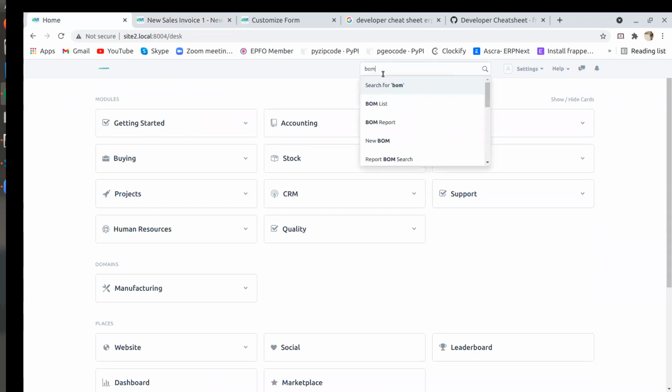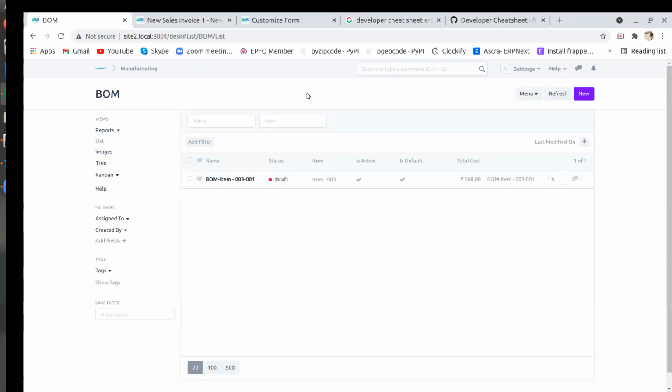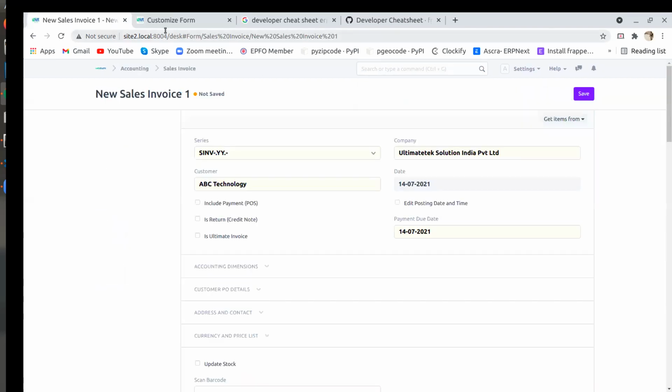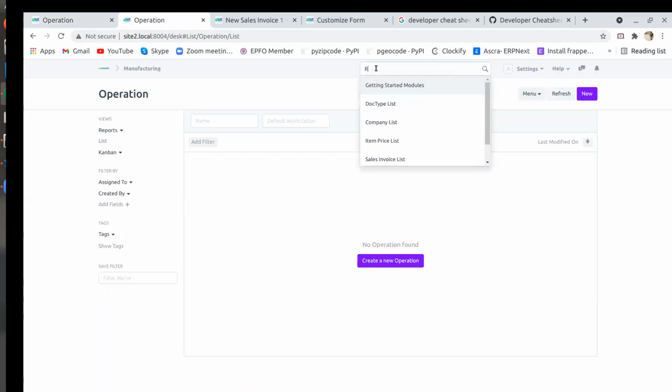Before going to the bill of material creation, there are a few masters we have to create. I will tell you, one is the operation master we have to create. The operation list is a master list. Then routing we have to create in ERPNext. That is up to your requirement. This is not a mandatory thing you need to perform before creating a bill of material, but it is the standard.